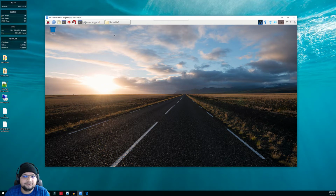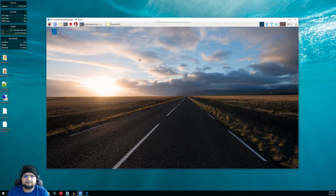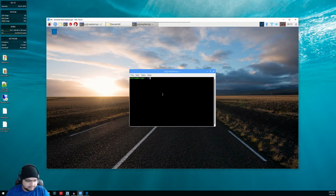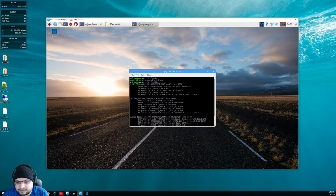So I do not need to give those credentials over and over again. But this is what we will get. My Raspberry Pi is already powered on, and I am able to log in. So just to double check, if we do ifconfig, there we go. This is the IP address of my Raspberry Pi, and this is what we use to log in into